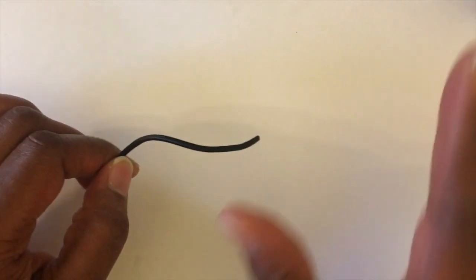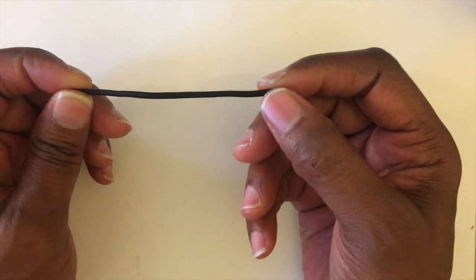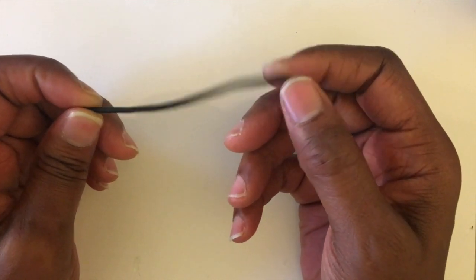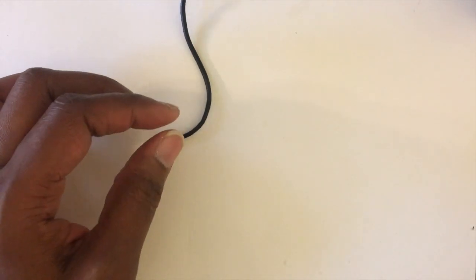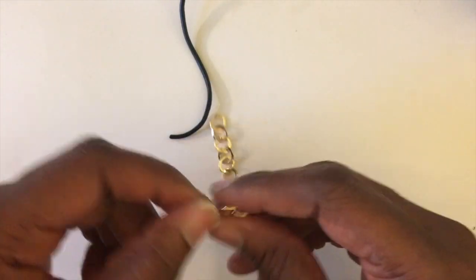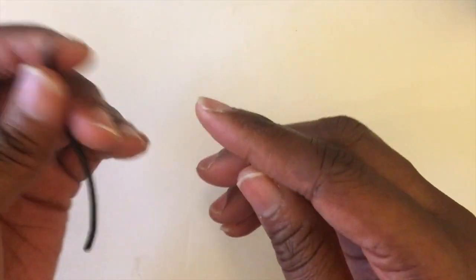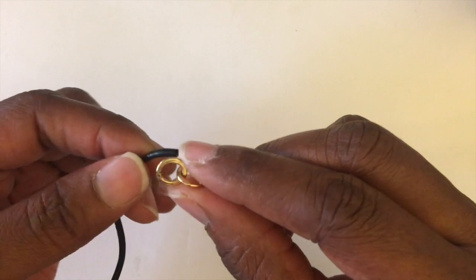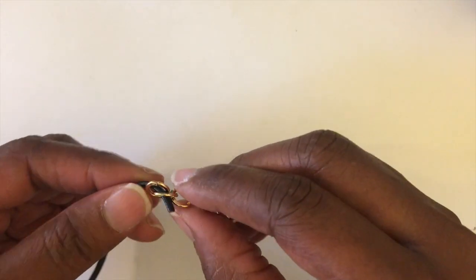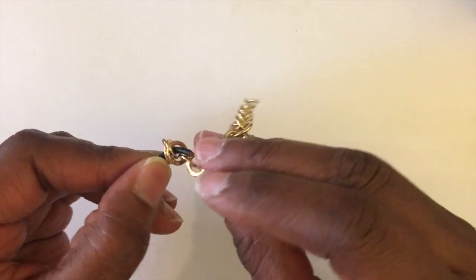Okay guys, ladies and gentlemen, so what I was saying before was you can make this leather cord as long as you want it to be, and you can make the chain as long as you want it to be as well. So the very first thing that we're going to do is take our leather cord and our chain and start weaving the cord through the chain. And this is another tedious